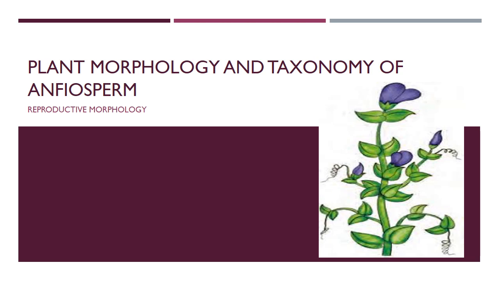So in the last class also we learned what the reproductive part of the plant is. Did you remember? Yes, very good. Flower is the reproductive part of the plant. Therefore, the flower is a very attractive part. A lot of people like flowers. Because of the attraction, insects help the pollination. So today we are going to see about the plant morphology and taxonomy of angiosperms.